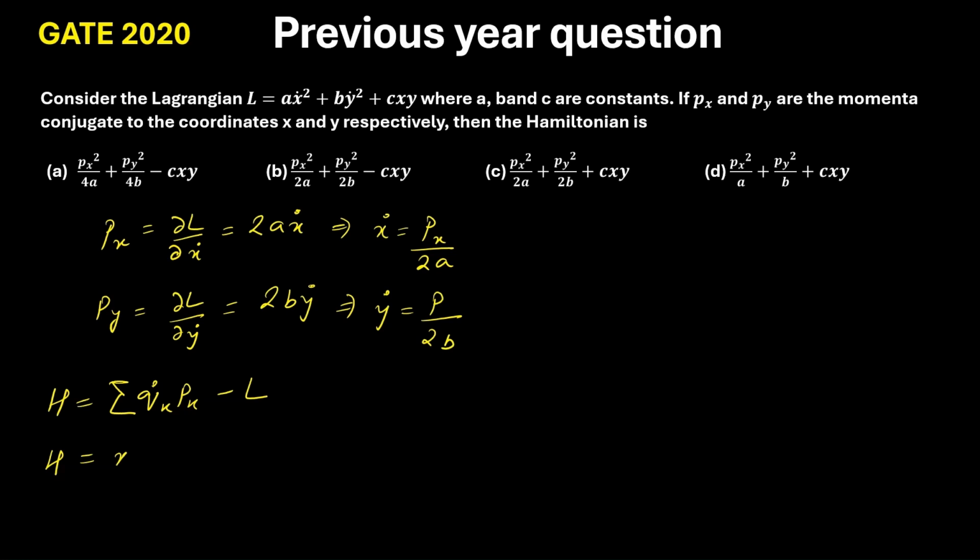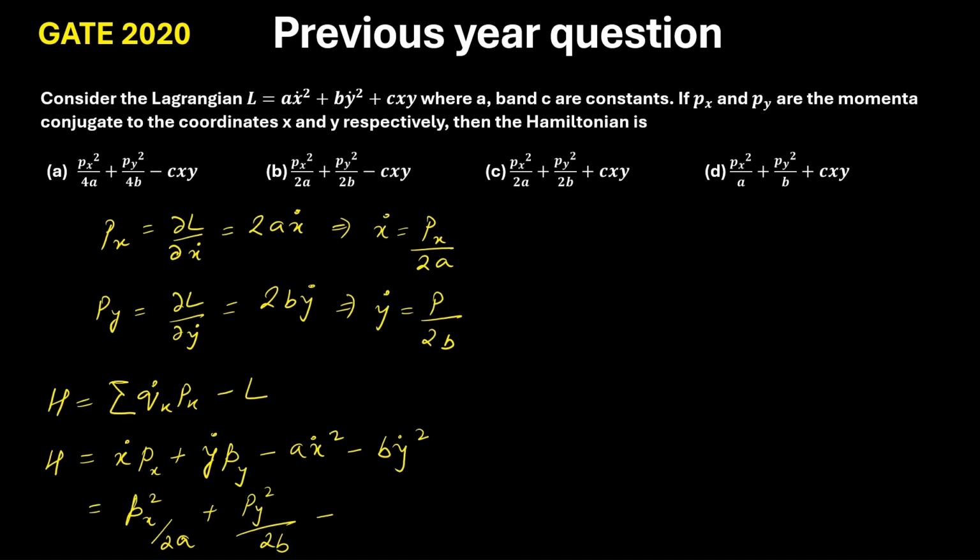So the Hamiltonian is x dot px plus y dot py minus (a x dot square plus b y dot square). Now I can substitute the expressions of x dot and y dot. If I substitute here, I'll get px square by 2a plus py square by 2b minus